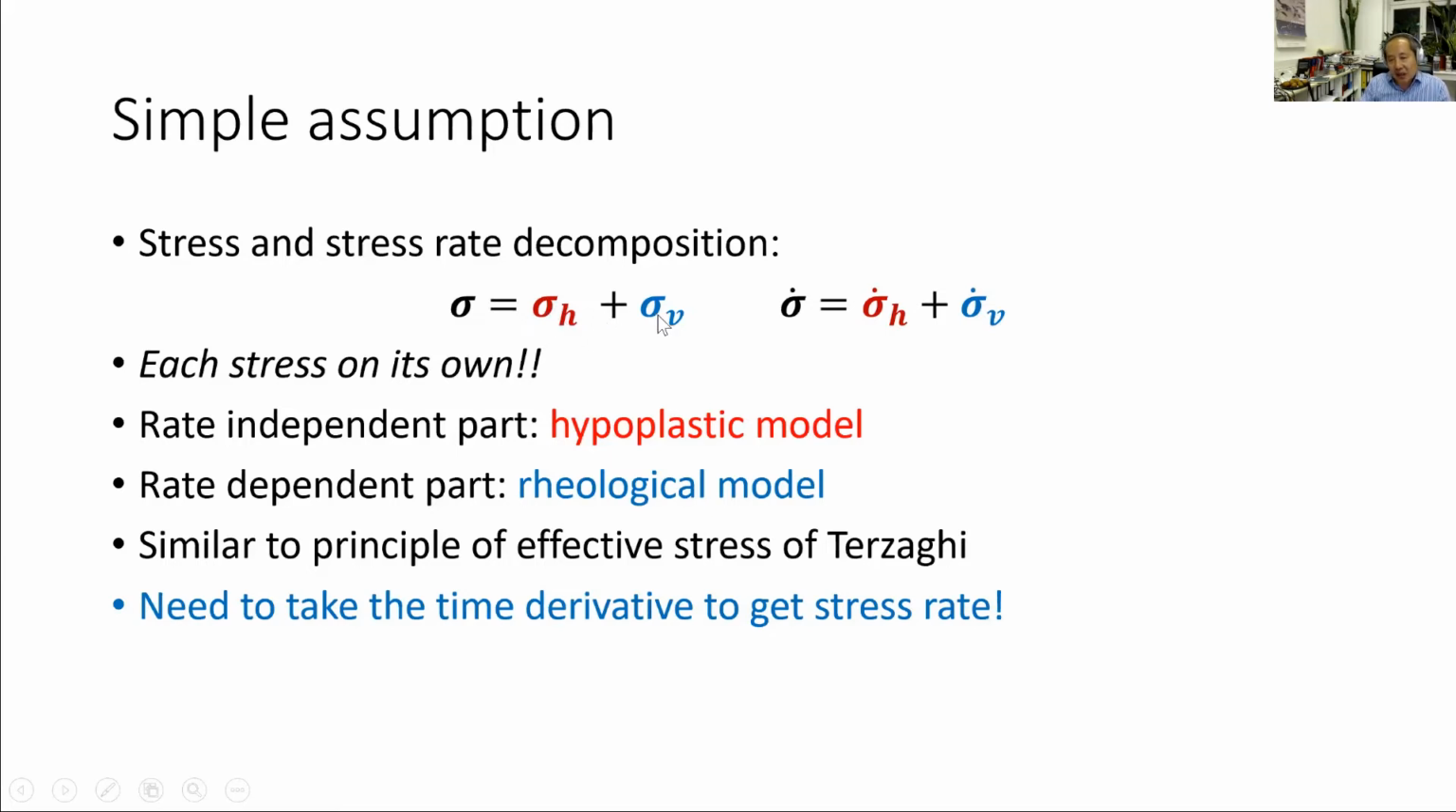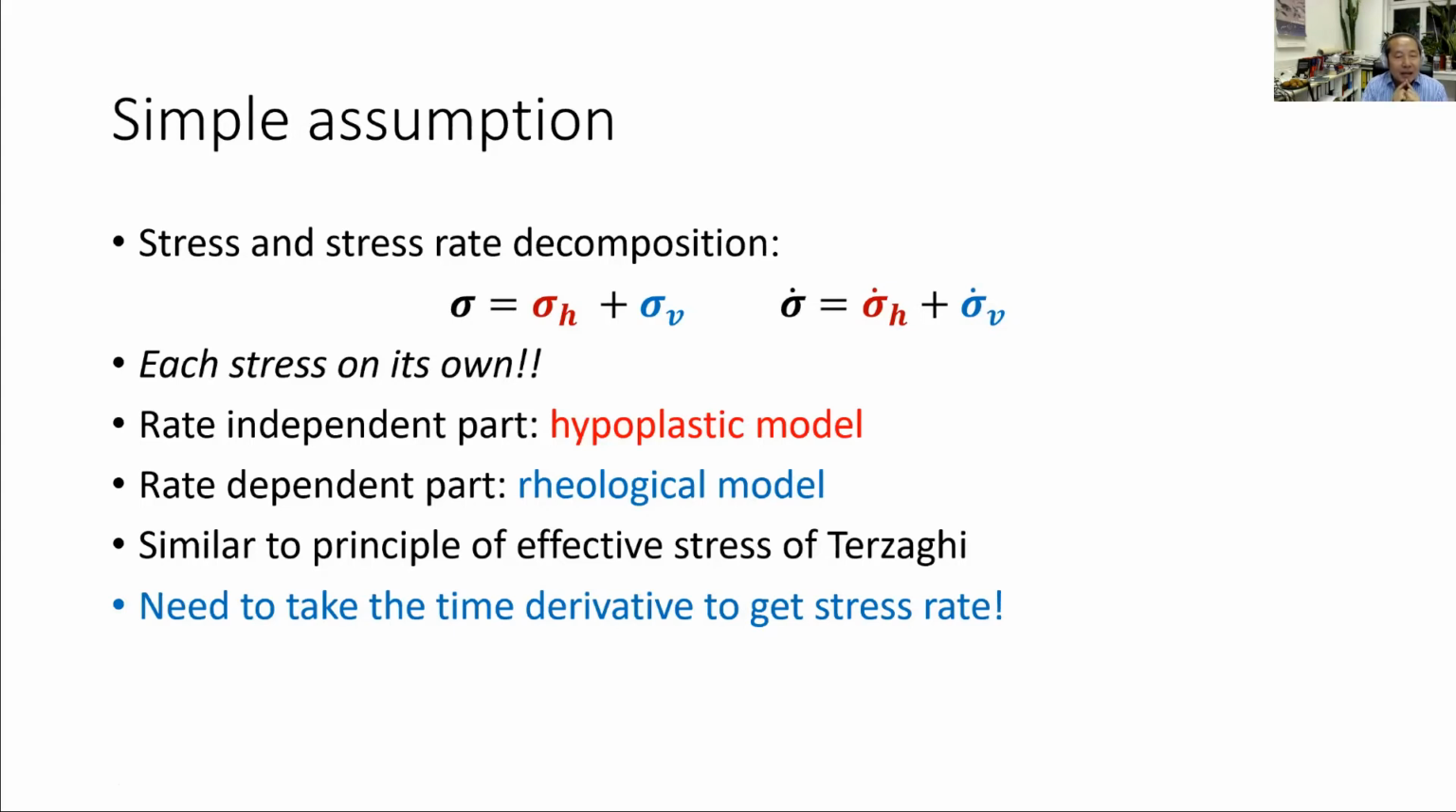The other is the viscous part, right? So this is the way how we assume. It applies for the stress, it applies for the stress rate as well, because you take the time derivative, you get exactly this relationship, right? And the next one, which is very important: only the decomposition doesn't help you. We further assume that each stress on its own